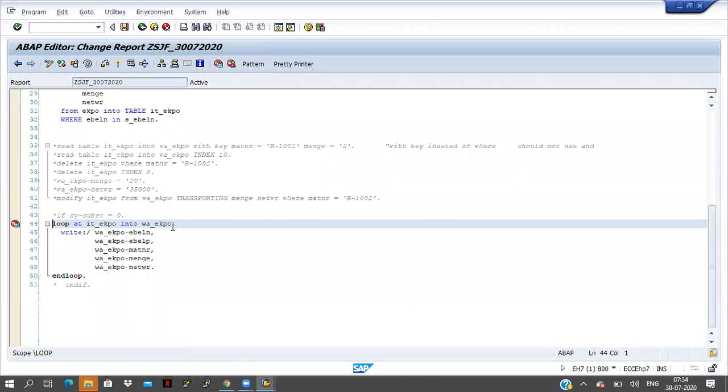LOOP AT IT_EKPO INTO WA_EKPO, and here I'm giving a WHERE condition: where EBELP equal to 1.